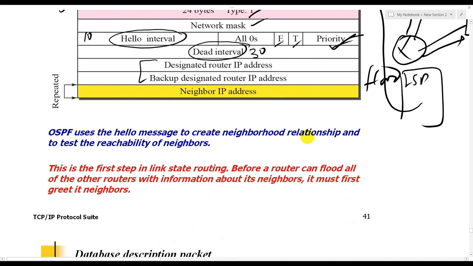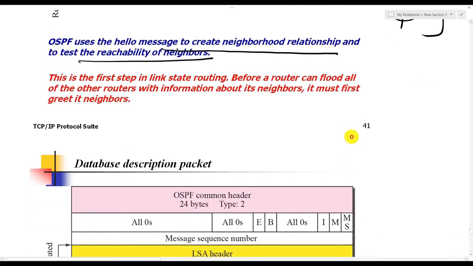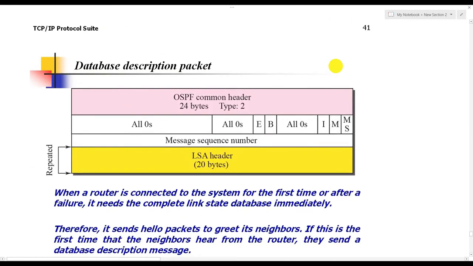So it is used to create the neighborhood relationship and also to test the reachability of the neighbors. So before the actual update packet can be sent, this packet is actually used to get the initial information. Then the database description packet, this is another kind of packet which is used to give the picture of the routing